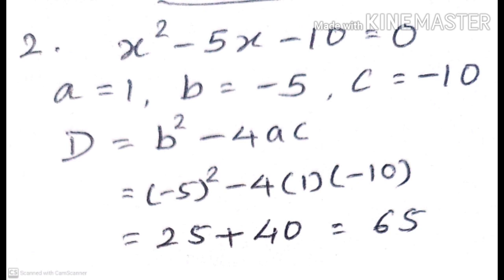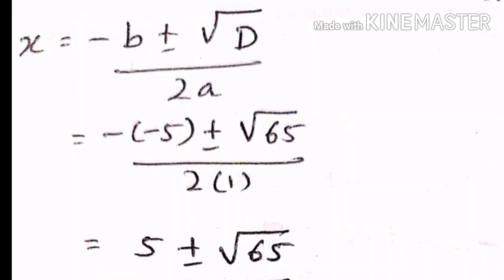So here I get my D value 65. So here now placing the value of under root 65, students, you see b value kept and a value also kept in the formula. So minus minus 5, that is plus 5, plus or minus under root 65 upon 2. Now it is plus or minus sign in between, so we take plus and minus separately, and we also find under root 65. As I explained to you in the prior standard, students, how to find the square root of any number which is not a perfect square.